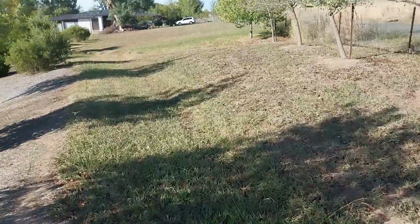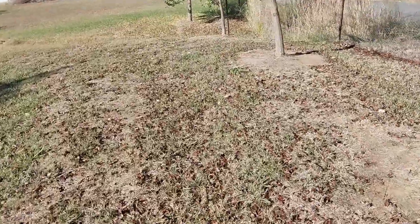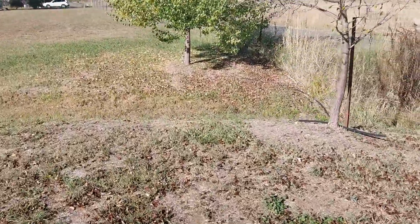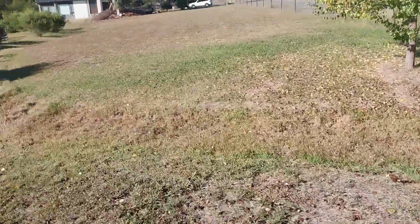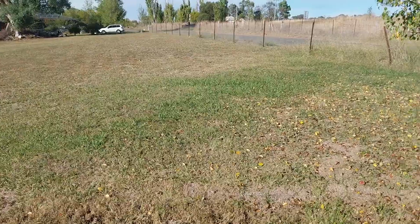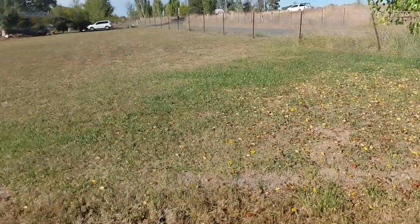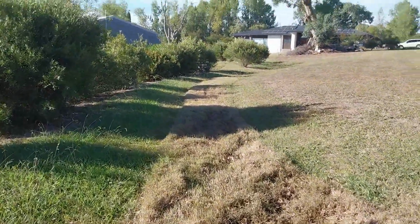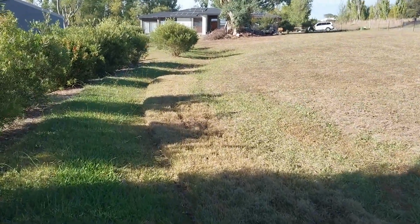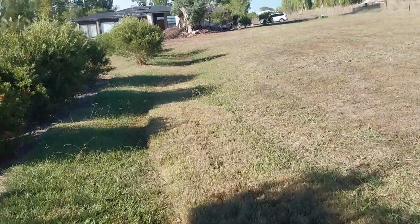And then if we look at let's call it the dreaded drain, it's not too bad either. So it'll just need let's call it a quick topping, because the cool weather's got it and it's slowed it down now. Even this area just here in front of us normally grows really well. Not much happened. And then you can see right along the drain, it's pretty much on the left hand side where it's grown, where I normally mow. You can see the demarcation with the mowing line. So I just step across here,